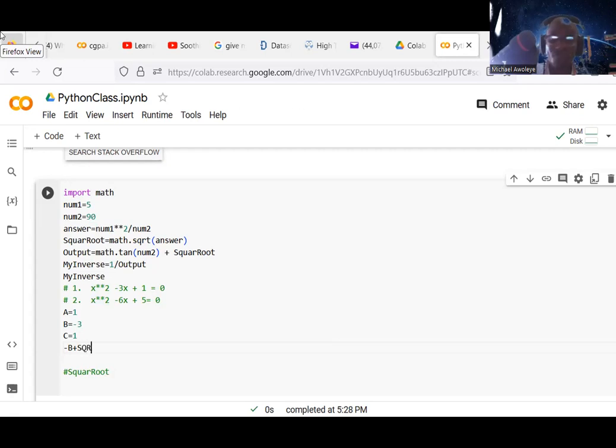Don't forget our square root is going to come with math.sqrt of B squared. B squared is what? B star star 2. That's minus B plus the square root of B squared. That's the first thing. Don't forget, we are still going to do this one for the negative side as well. So we paste this minus B, then the negative side is